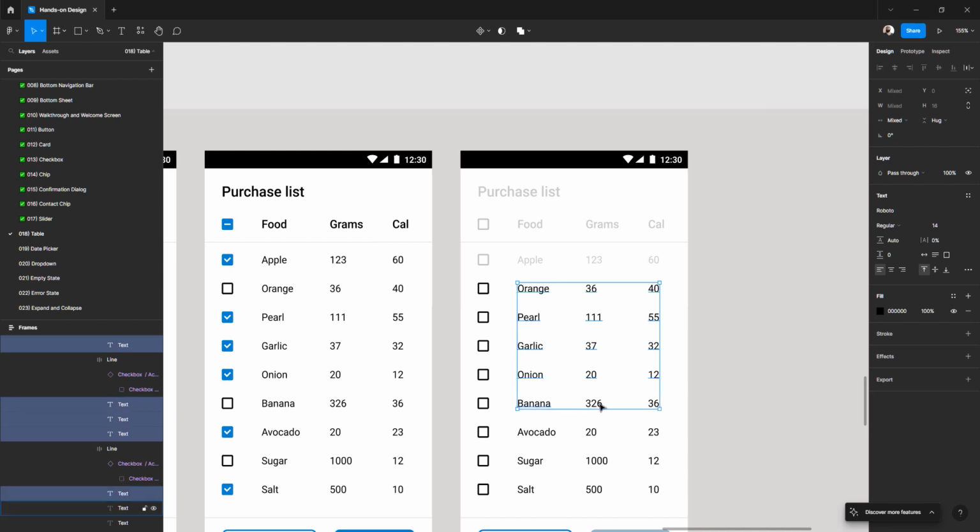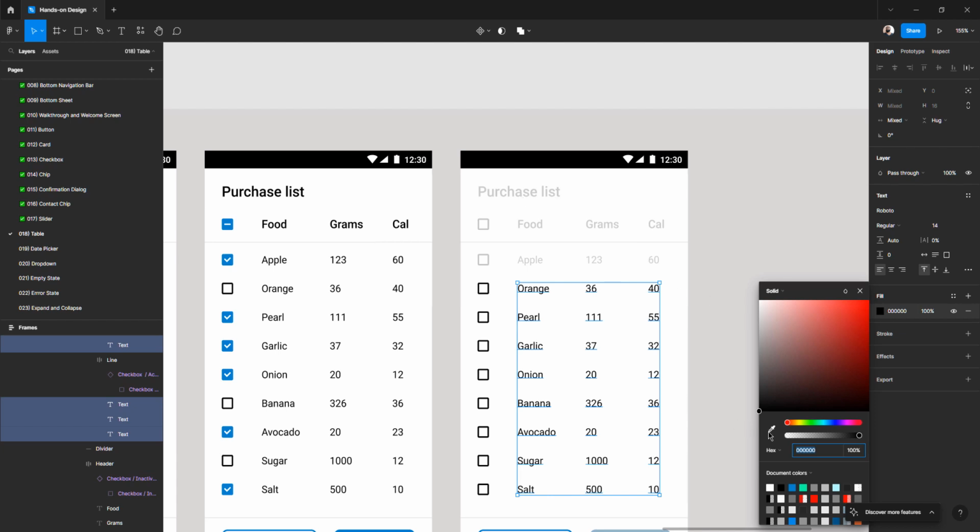Even though accessibility is really important, in the future I'm planning to make more tutorials only about accessibility, so it's not the time, not now. They have low contrast here, but